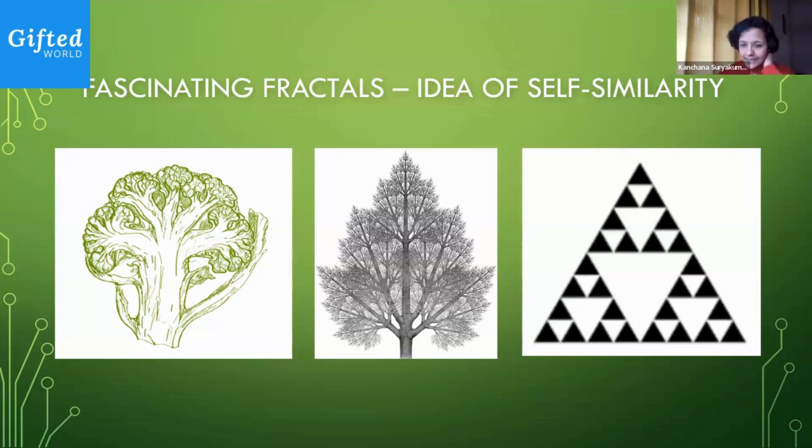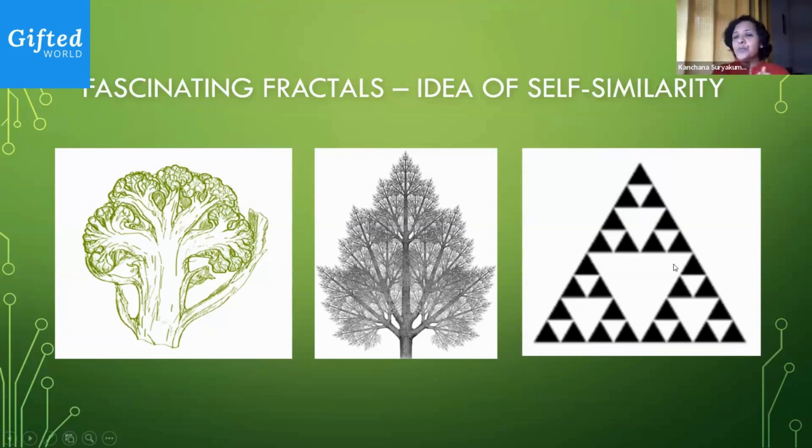I want to explain one particular idea before we move on. Most fractals have this high idea of self-similarity. What that means is if you take one small portion of it and you zoom in, it actually looks like the entire figure. So if you take one stem of that cauliflower or one branch of that tree, it actually looks like the bigger picture. It has this main trunk, branches from it, and further sub-branches and so on. So this is the idea of self-similarity. You take a smaller portion of it, it looks like the larger one, and so on.